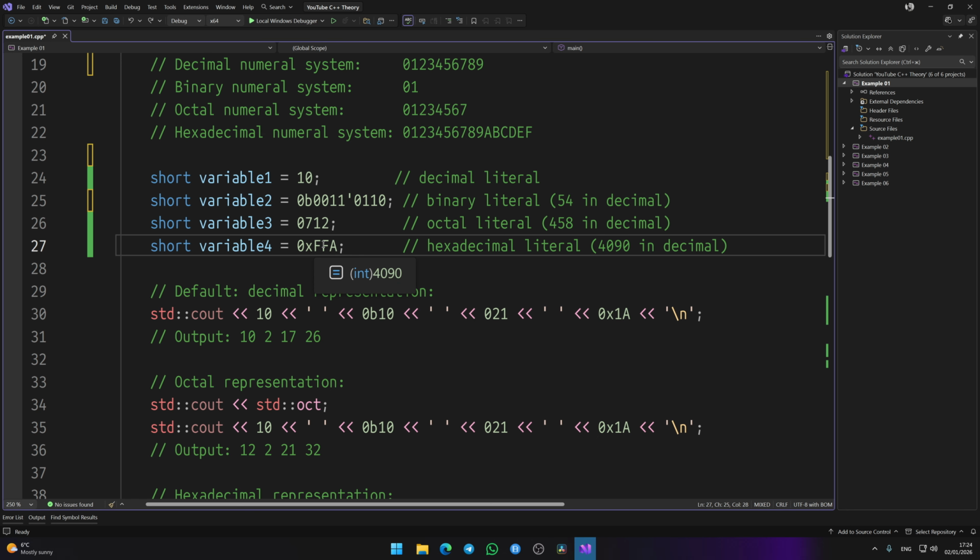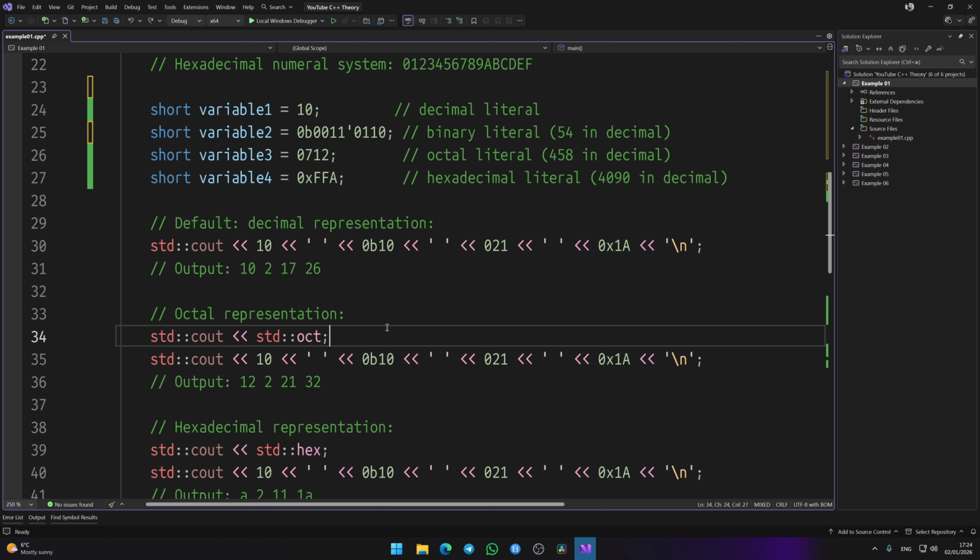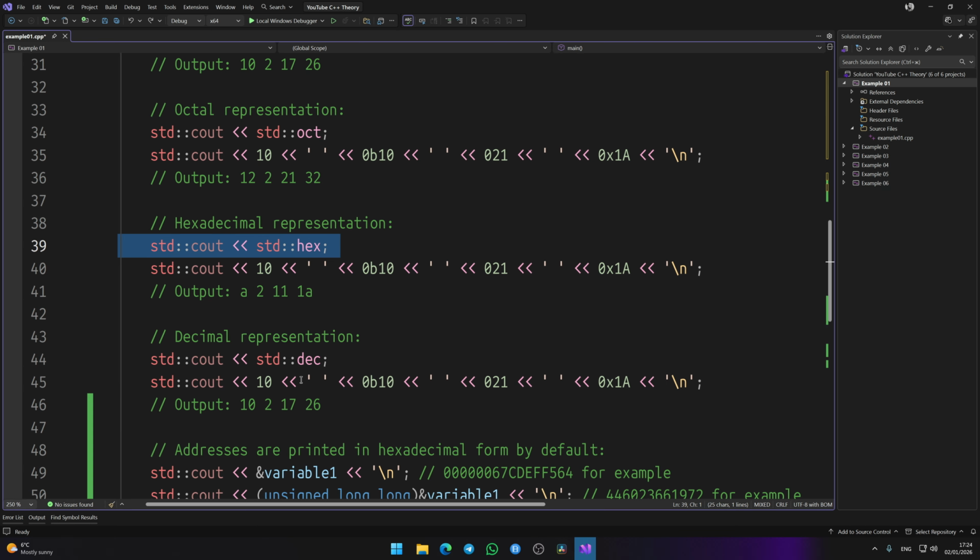If you hover over such a number in your IDE, you'll see its decimal value for reference. C++ also has a string manipulator for printing numbers in hex form. It's called std::hex. Just write std::cout, std::hex, and from that point on, any numbers you print will appear